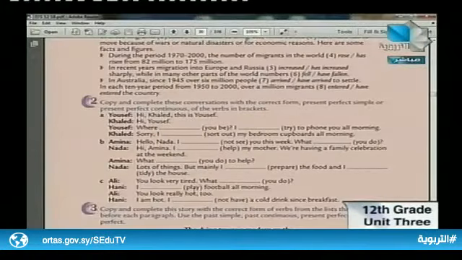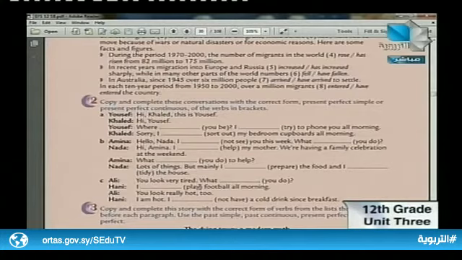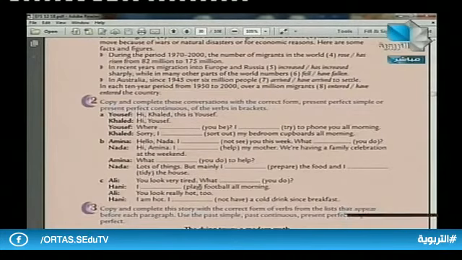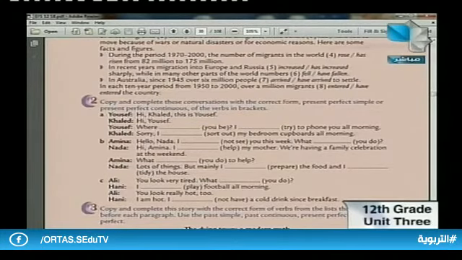The last dialogue here: you look very tired. Again, what have you been doing? It goes for the rule that says present perfect continuous goes for present noticeable consequences. Look at the answer here. Your eyes are red, you look tired. When I see the consequence, I use this sentence.